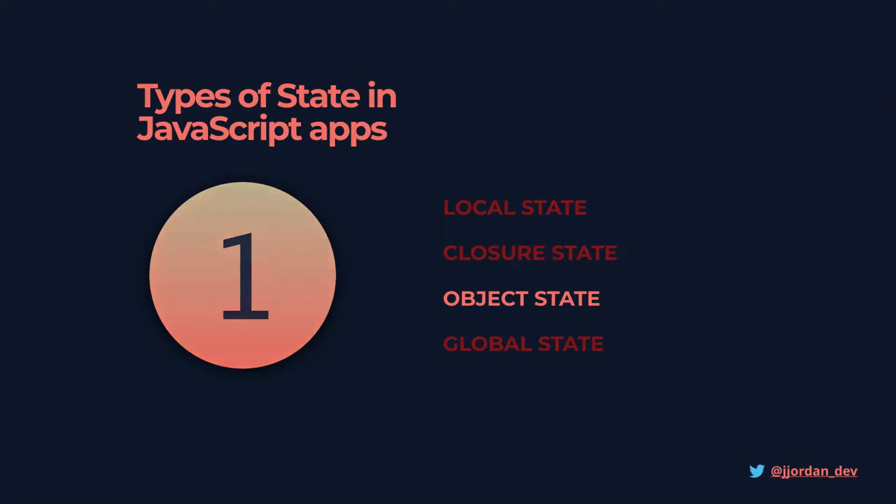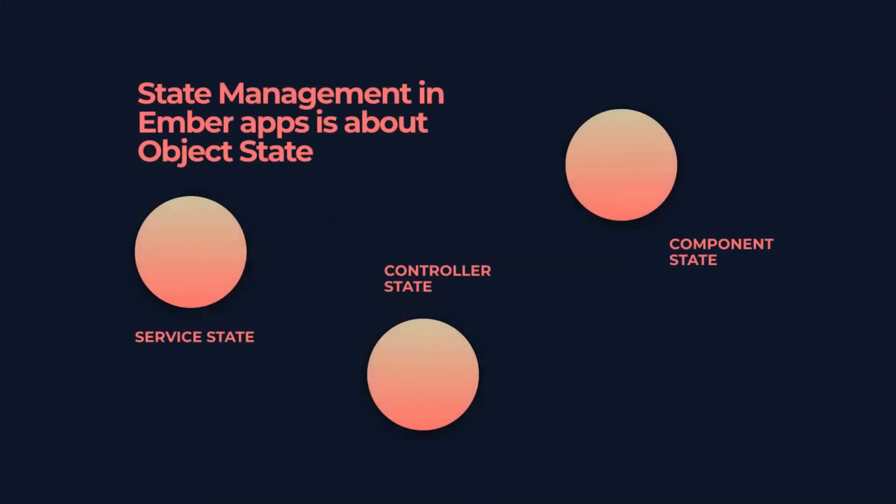And looking more specifically at object state, we find that there might be 3 main categories. You might also find that there might be others. Feel free to discuss with me after the talk. But in my opinion, the 3 main ones are the service state. So this is something like a state object that actually allows us to maintain state application-wide over the longevity of